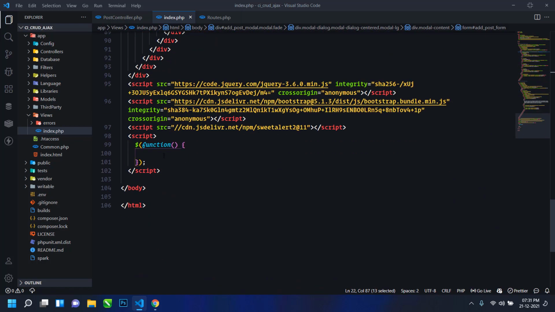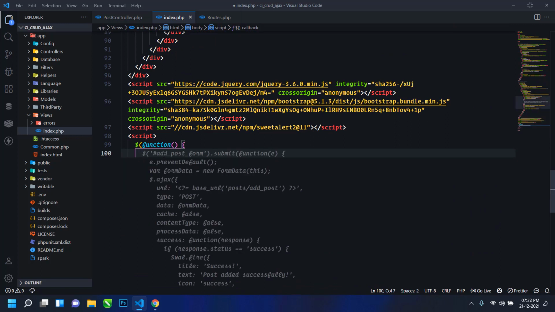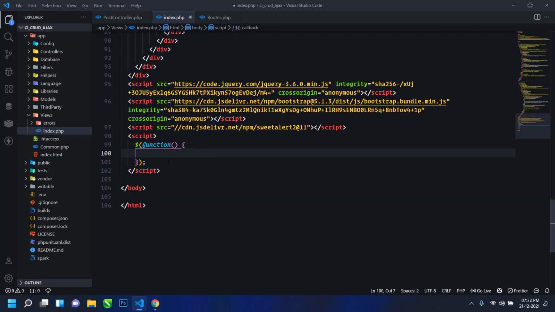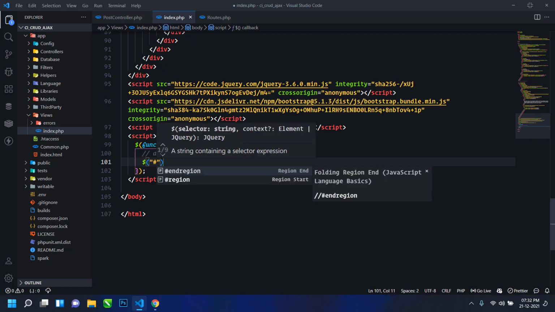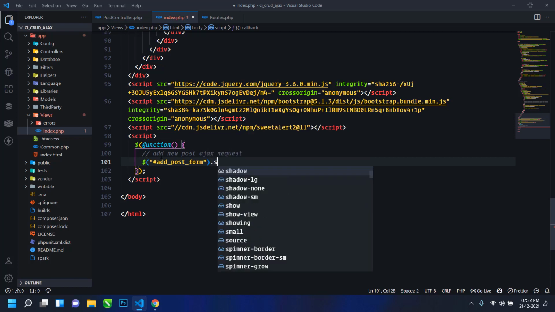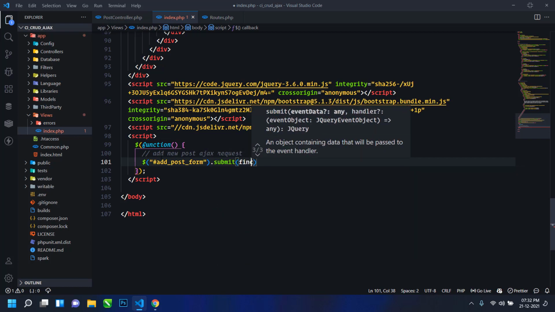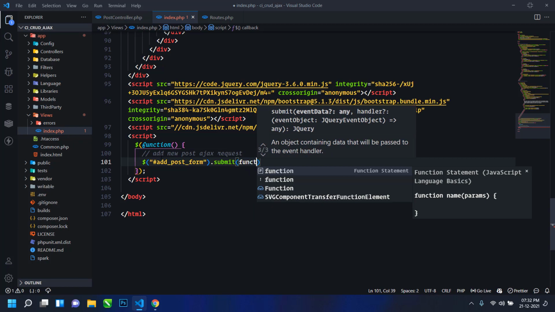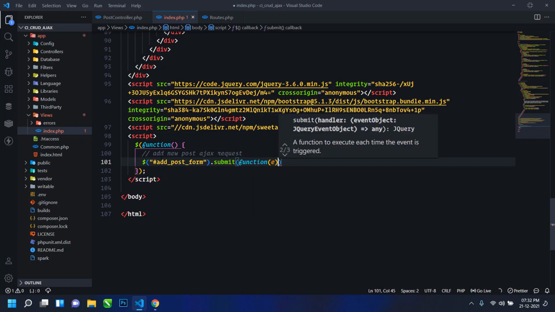Now just go below, and inside this script ready function, here first I will write a comment, add new post ajax request. And here I will just select the form using the id, and I will use submit event function, and then parameter e.